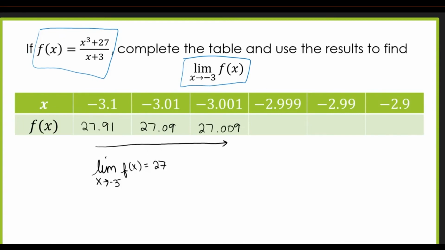And then coming from the other direction, if we look at -2.9, it looks like the function is going to be 26.11. And if we plug in -2.99, the function value looks like 26.91. And if we do -2.999, we get